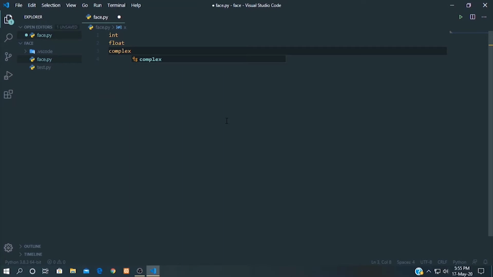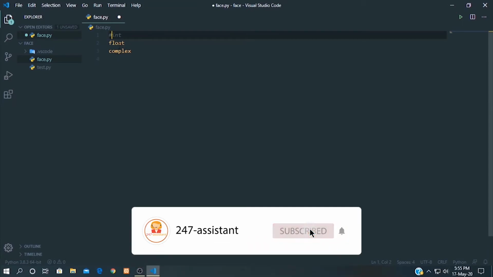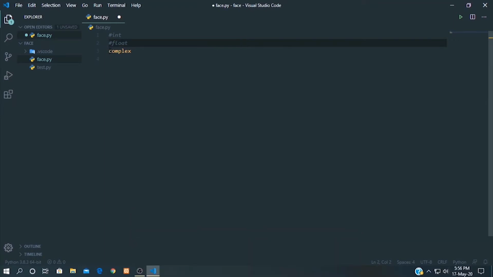Variables of numeric types are created when assigning a value to them. Let's comment this code. Variable x is equal to 1.